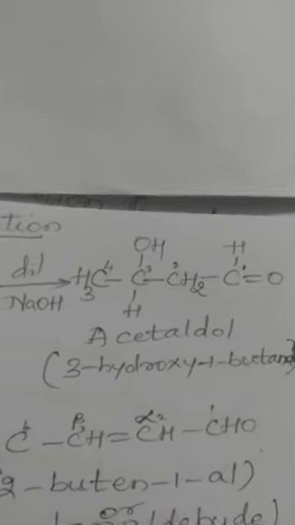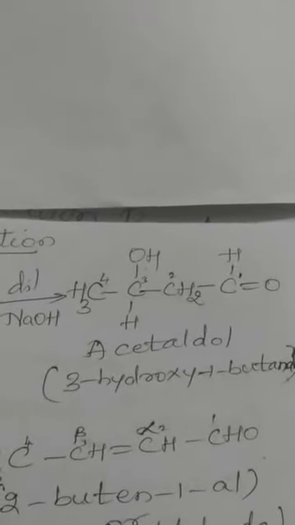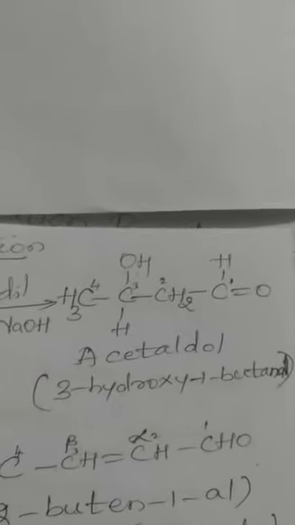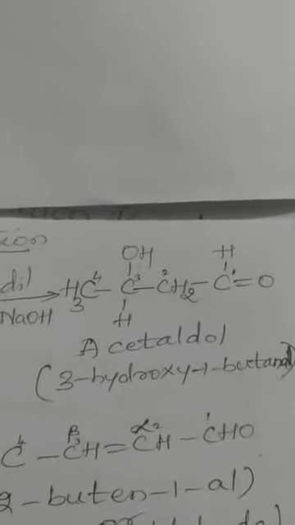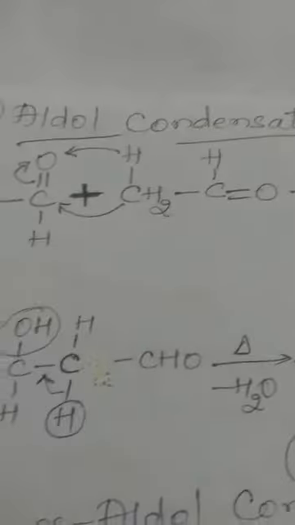Now just look at the IUPAC name of the product there. There are 4 carbon atoms, and numbering indicates that the principal functional group is the aldehydic group CHO, and the secondary functional group is the hydroxy group, OH. So just look at the number there. OH becomes a hydroxy group there, hence it is named as 3-hydroxybutanal. You can indicate 1 or you can omit 1. So it is either 3-hydroxy-1-butanal or simply 3-hydroxybutanal.